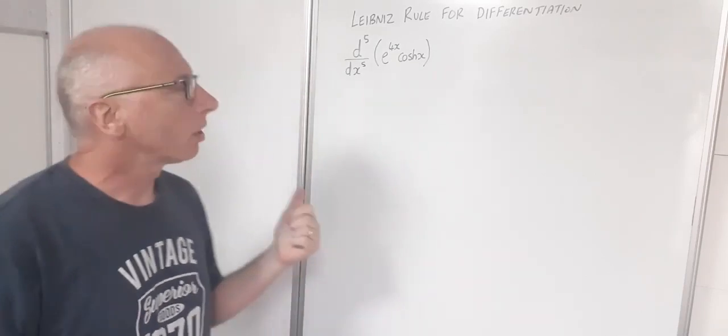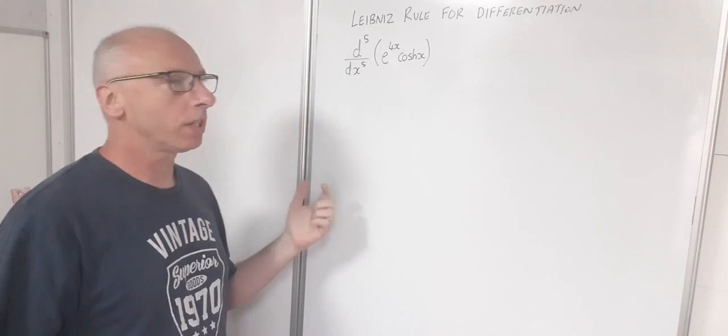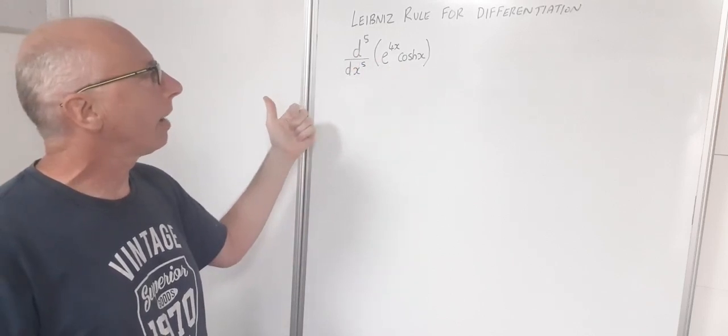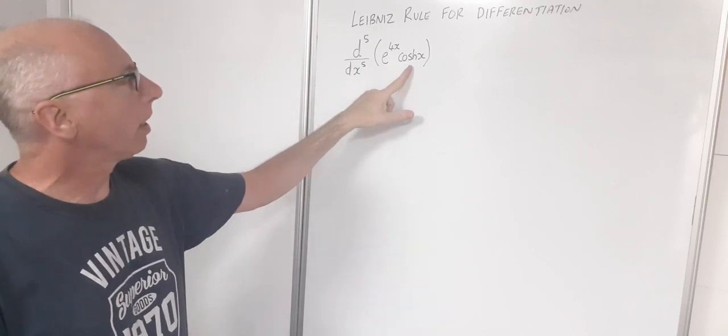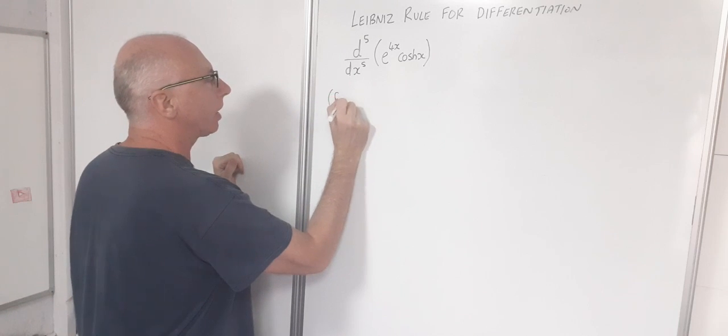So here we're going to look at something called Leibniz rule for differentiation. What it's really helpful for is when you want to take the nth derivative of a function, it breaks it down and makes it a lot easier to get the result. So this one here, for example, e to the 4x cos x, if I break that down into the functions